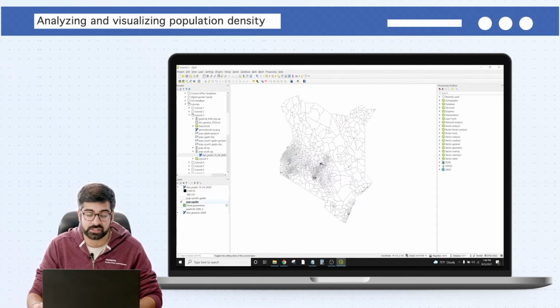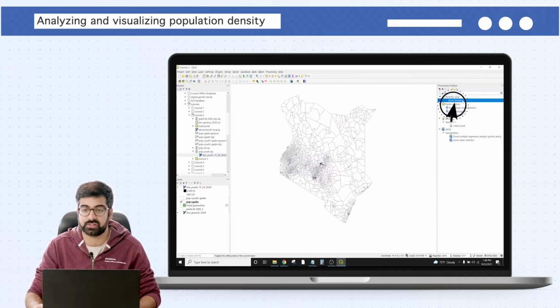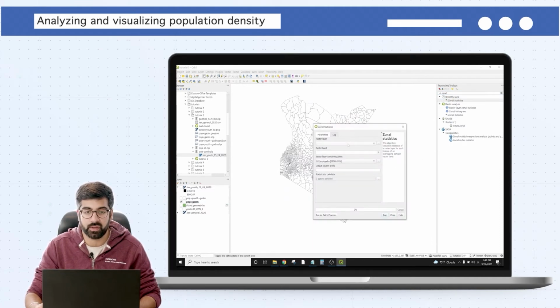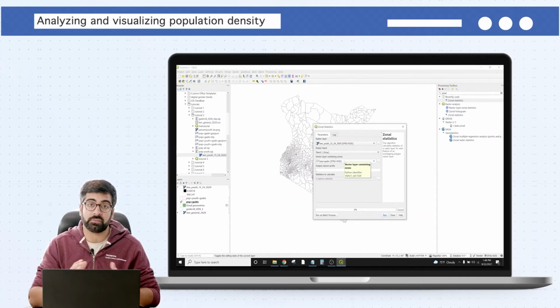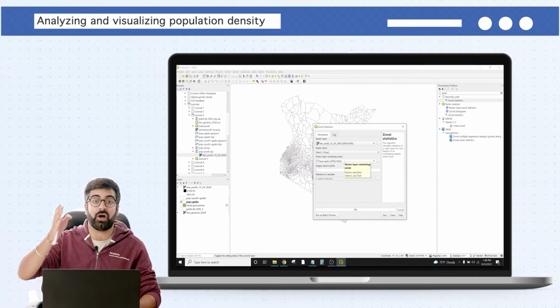Go to Zonal Statistics. You can search for that in your processing toolbox. Open it right up. And our raster layer this time will be our youth one, not our general one, which we already did. And our vector layer, in this case, will be the pop plus Ref, because now we want to add a new column to that one, which is youth. So the end result will be an administrative boundary shapefile with a column for all population and a column for